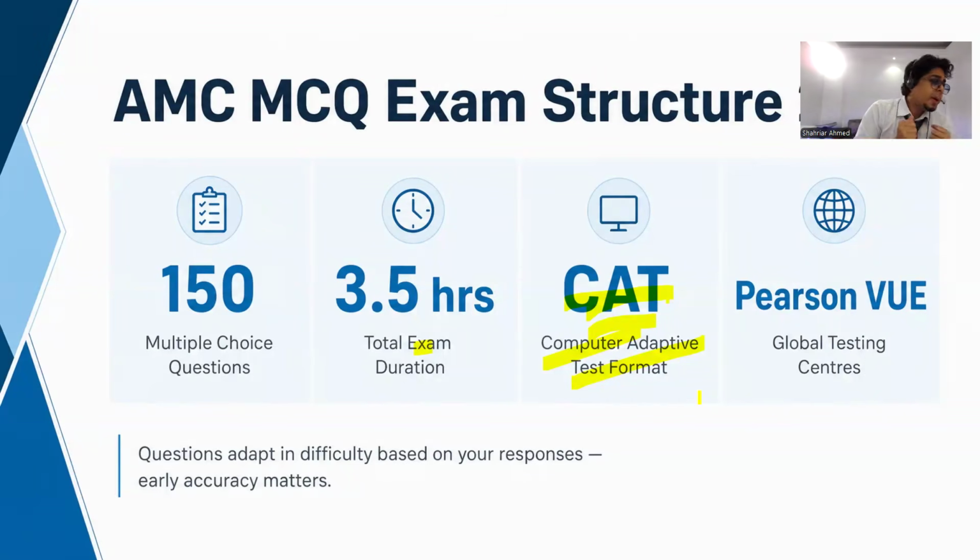Now, let me ask you a cross question. Is the exam question the same for everyone on test day? Interesting question. No. The answer is no, because everyone has a computer, and a central bank will ask you the questions, not like the PLAB exam, where everyone sits, gets a question paper, solves it and marks it. Even on the same day, the person next to you giving the exam on a computer will have a different set of questions. So just be aware, it's adaptive.